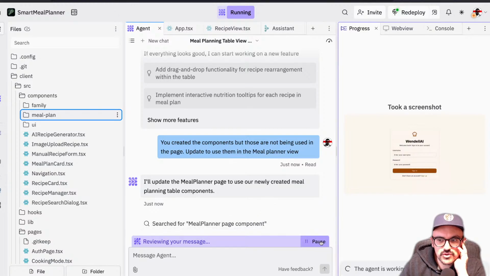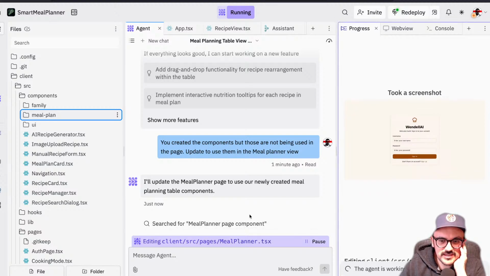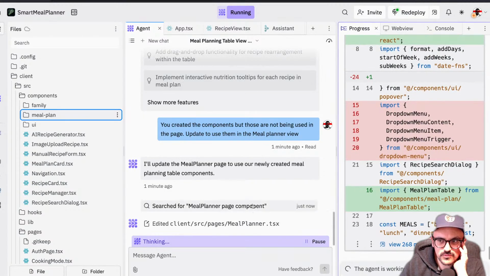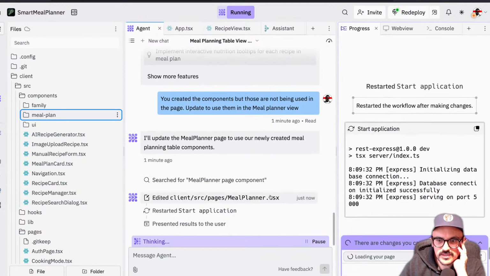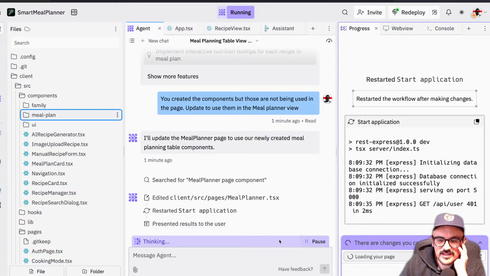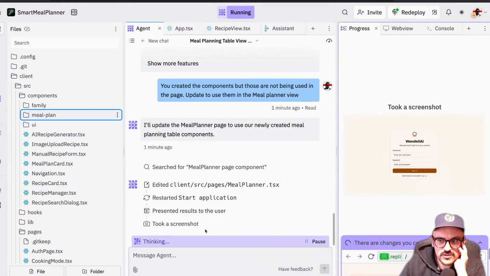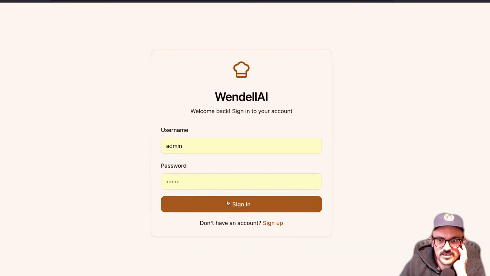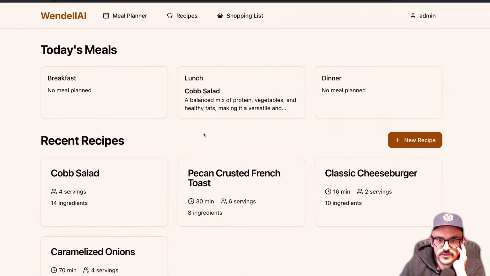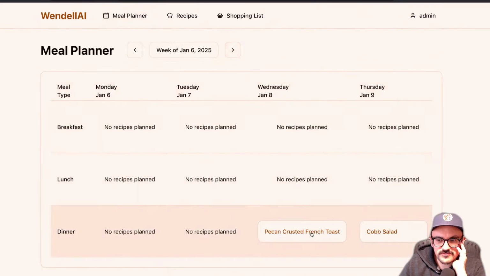This agent is much slower than the assistant, because it has to do a whole lot of things to make it happen. And this one actually just pushes the changes directly. It doesn't give me a chance to review changes. It just goes for it, which, you know, works for me. Oh, there you go. Now we have